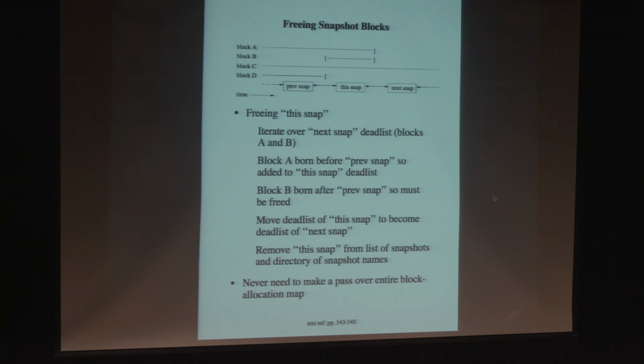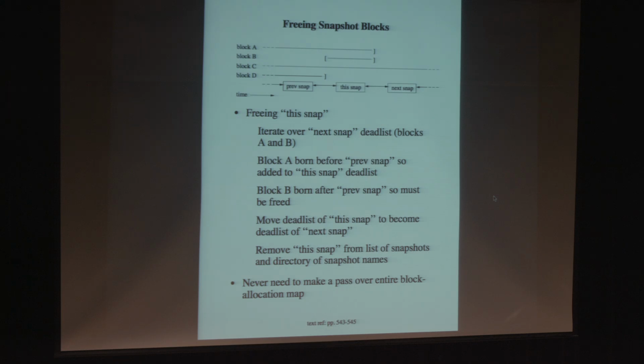Okay, so in this particular picture here, we have three snapshots. Time is going from left to right. We've got the snapshot that we're focusing on right now, that we're getting ready to free. We've got another snapshot ahead of us, or possibly the active file system, next ahead of us. And on the other side of us, we have older snapshots. The snapshots are always kept in sorted time order, where time in this case is the checkpoint number. Okay, so we're now getting ready to free this snapshot. And you can see here we've got three or four blocks we're interested in: block A, B, C, and D.